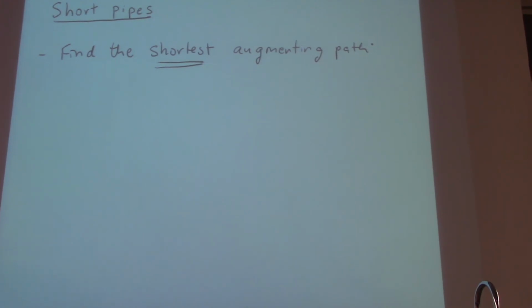The only question is again, how many times you have to keep doing this. And again, if you think of our example, that bad path was length 3, the good ones are length 2, so it will work even in that case. When I say find the shortest path, I mean find the shortest outgoing path, then look at the flow you can push along it, as always. So again, the question now is, can we show that this process terminates in a reasonable amount of time?